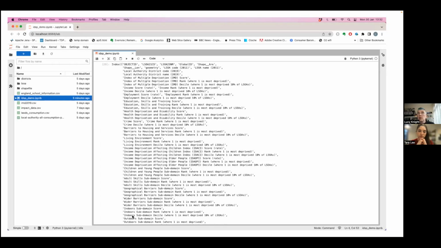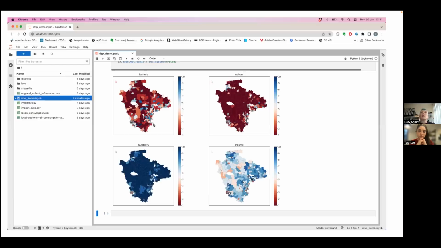an indoors subdomain, as in the quality of housing in the built environment. It also has an outdoors subdomain, which is the quality of the outdoor environment. So is it a pretty place to live? It's green, has it got parks, has it got rivers? And so, I thought it would be good just to very quickly show the different domains all on